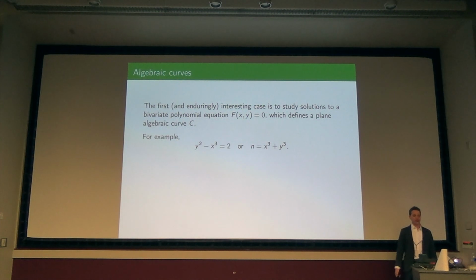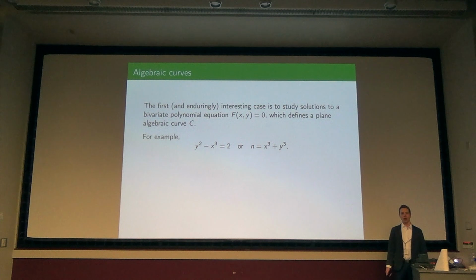Okay, so here are some of the expressions, the plane curves that we've seen in the previous slide. The first one is, can a square and a cube differ by 2? I guess you need the other one here. I didn't say in which order they differ, so you also want the -2 there. And can an integer be written as the sum of 2 cubes? That's n equals x cubed plus y cubed. So that's what these equations look like.